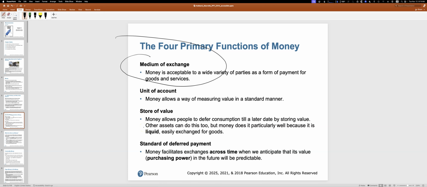Now, what about the standard of deferred payment? Is this what my mortgage or other kinds of loans are usually put into, for payment over time? Yeah, typically in dollars. Bitcoin doesn't fulfill any of these conditions. I don't know of very many merchants that accept Bitcoin. So it fails the medium of exchange, which is the most important one. Unit of account: not very many prices are listed in Bitcoin. Stored value over time, that's really bad, right?